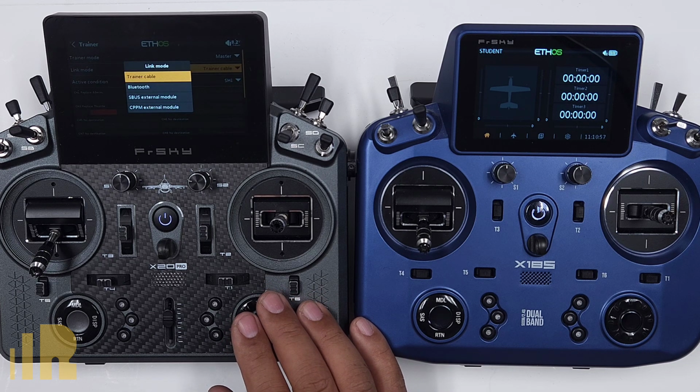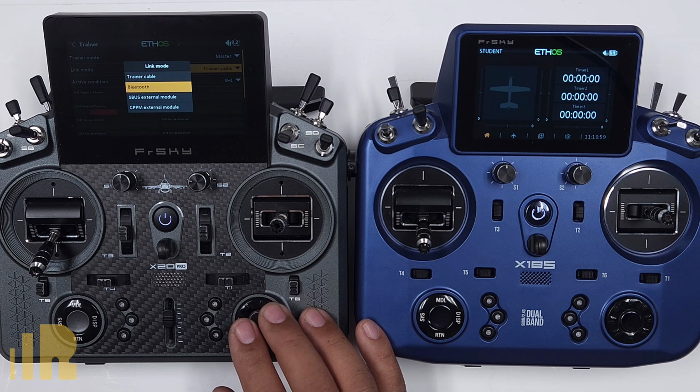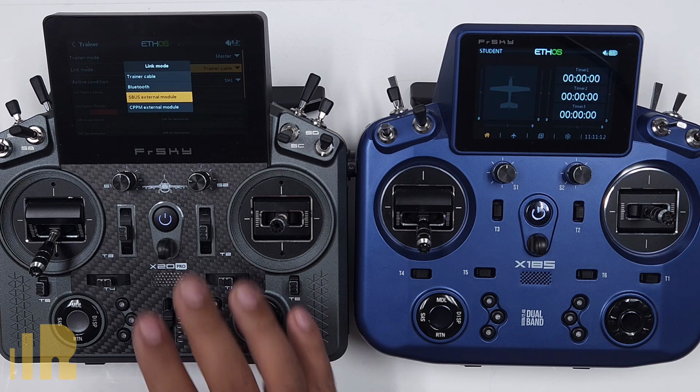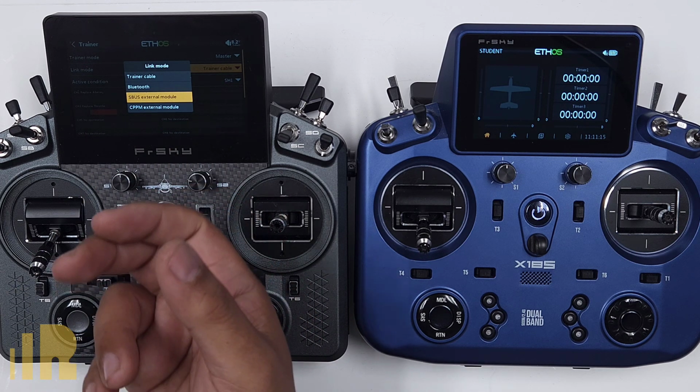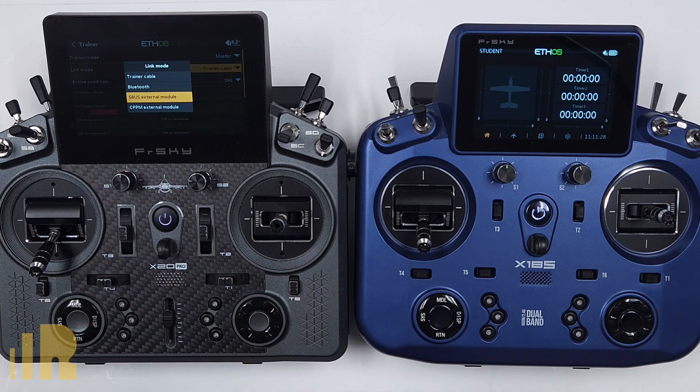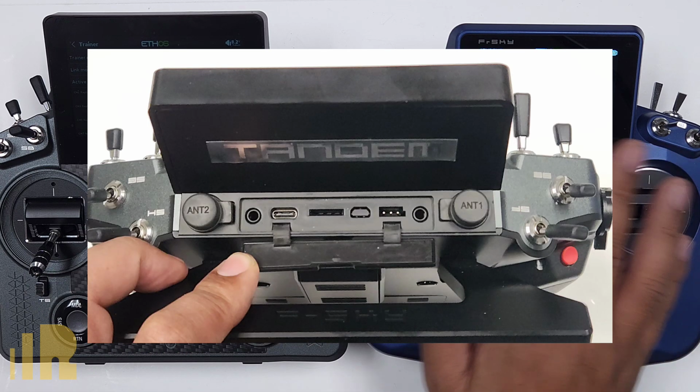Link mode, we're going to talk about this just really briefly, is trainer cable. So trainer cable, Bluetooth, S-Bus, and CPPM external modules. What these are down here, I'm just going to talk about, I'm not going to show this because most people aren't going to use this. On the back of the radio, there is a port there that you can plug in an external module. And one of the pins on that port is switchable between S-Bus and PPM. And so if I take S-Bus, take it out of that pin, hook it up to a receiver, power up that receiver, guess what? I can use that receiver to